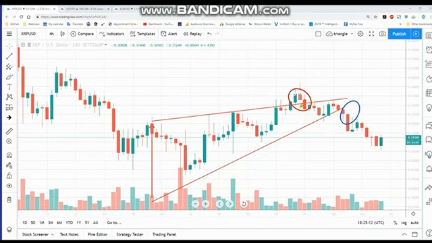Now, one of the telling signs is also volume. Okay, here we got the breakout, but we didn't see any increase in volume. If you want to believe that this was a breakout and it was going to take you all the way up to here, we should have seen increased buying, but we didn't. Now, as price moved back into the triangle, which it normally does because it was a false breakout, at this point we were forced farther into the apex, and now we broke out here. Here, and at this point, we could have entered this trade. Now, this is a current live chart. So as you can see,